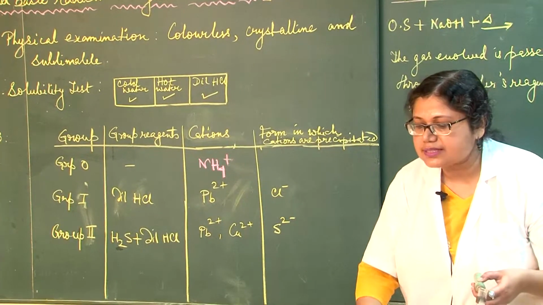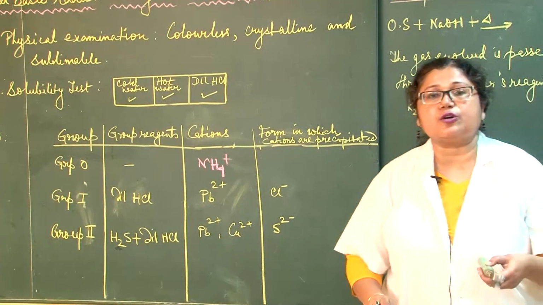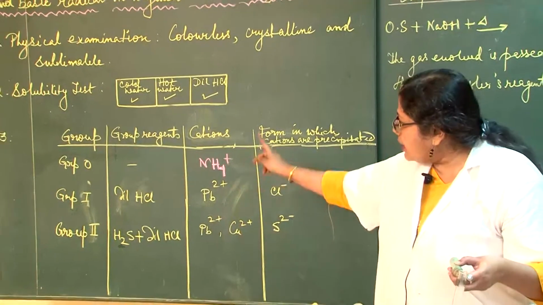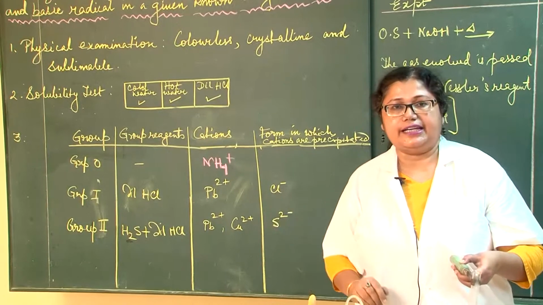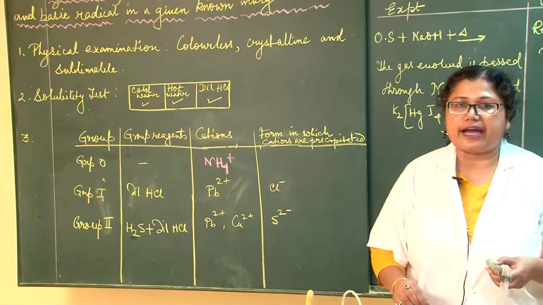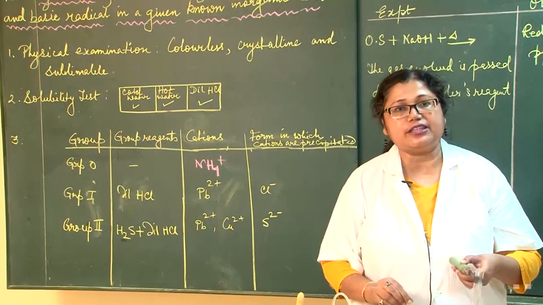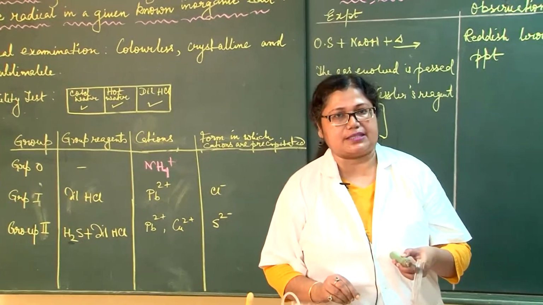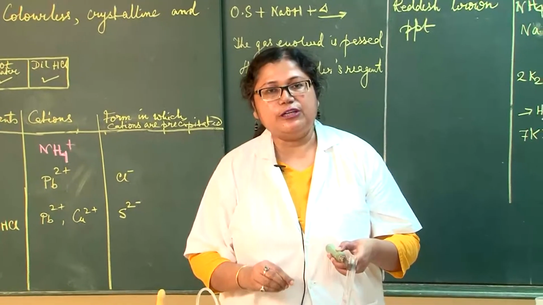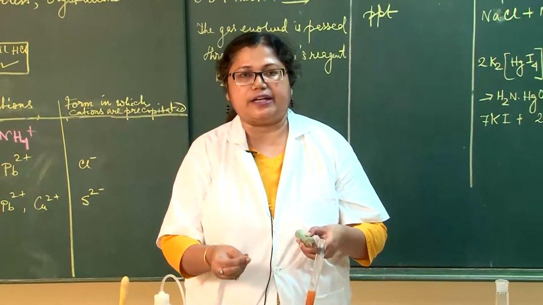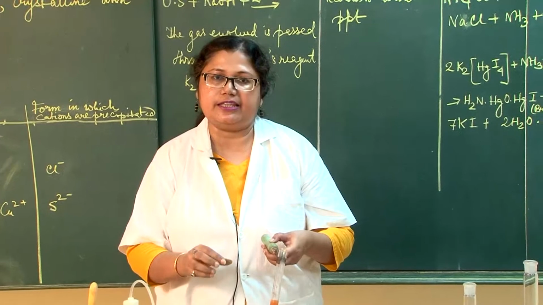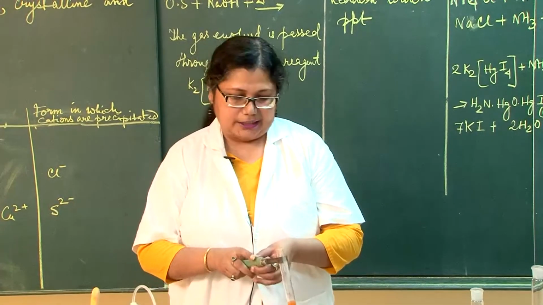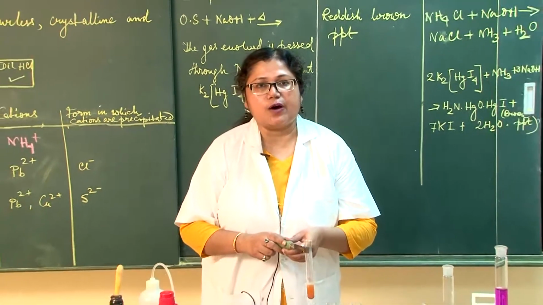It is because in the list of the groups and particular group reagents, in many steps we have to add solid ammonium chloride with ammonium hydroxide. So, to detect NH4+ ammonium ion, we always take it in the initial part. So, it is taken in the solid form, and this concludes our experiment.